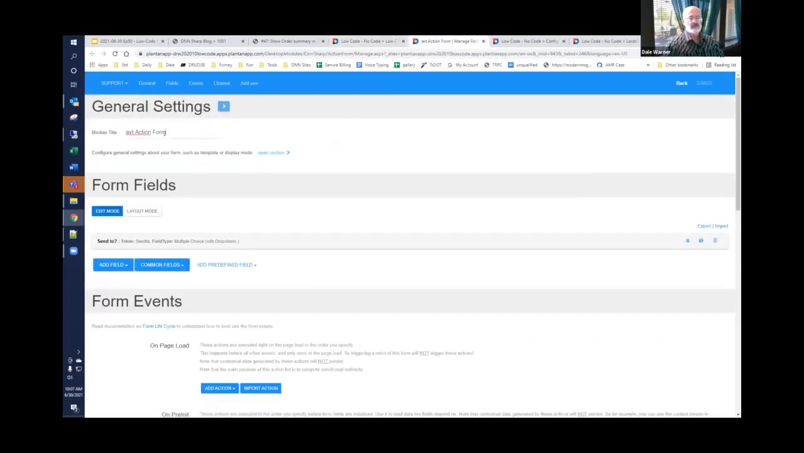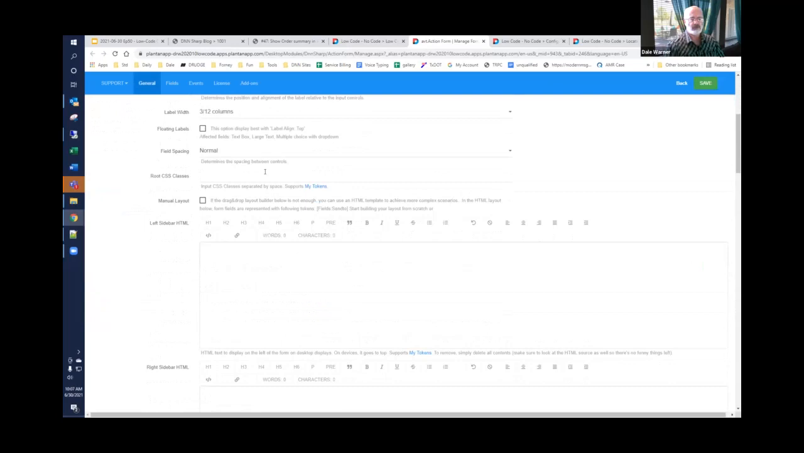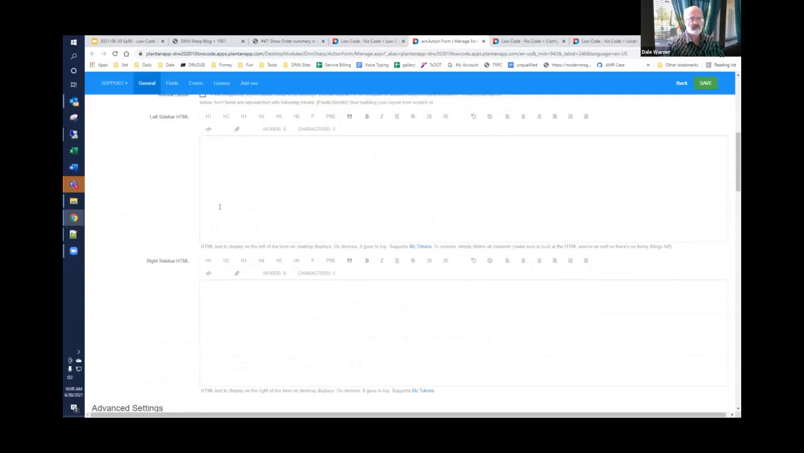In the editing, first of all, I'm going to change the name of it. Always good to give your modules unique names for a variety of reasons. And then within the general settings, I'm going to scroll down and you'll find that there is a left sidebar and a right sidebar HTML area. And so within that, you can put things like